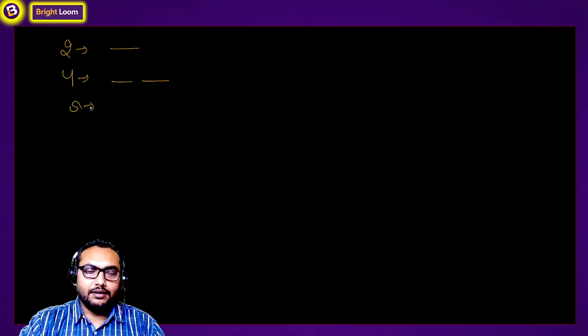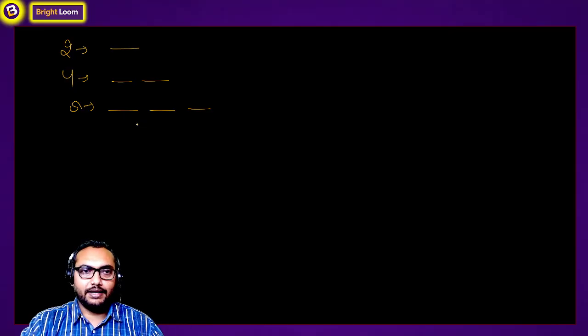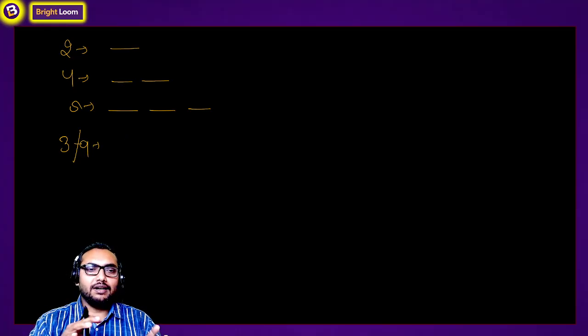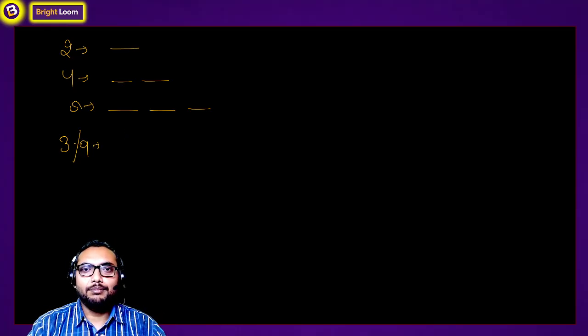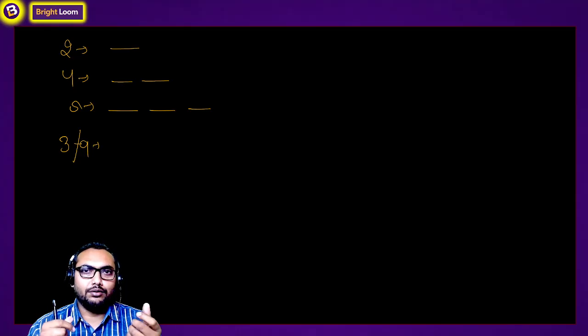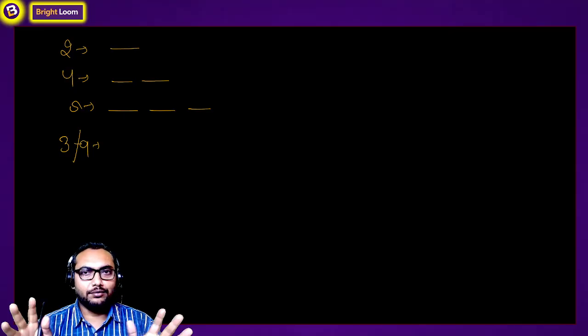For 8, we learned that if the last three digits are divisible by 8, the number is also divisible by 8. And then we learned for 9 and 3, if the sum of all the digits is completely divisible by 3 and 9, the number is completely divisible by 3 and 9. I also told those students who struggle while adding a lot of digits that you can divide them individually, and if you are not getting any number to divide individually, you can just add 2 to 3 digits.